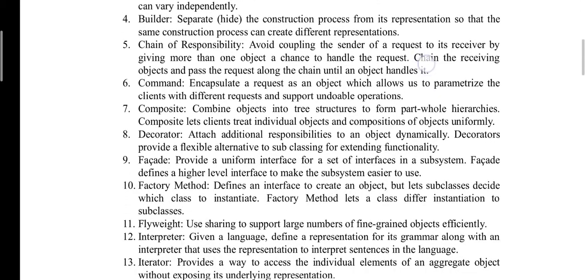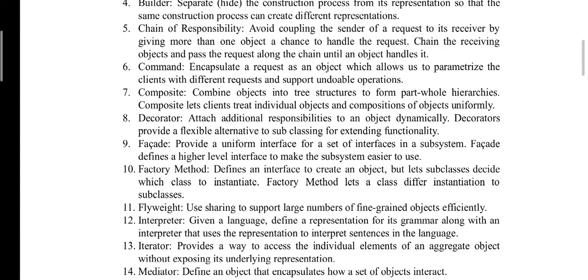Next one is the decorator. What does the decorator do? Decorator attaches additional responsibilities to an object dynamically. Whatever responsibility an object has, the decorator adds additional responsibility to that object at runtime. Dynamically means at runtime. Whenever you need to add some responsibilities to an object at runtime, you can add them with the help of the decorator design pattern.